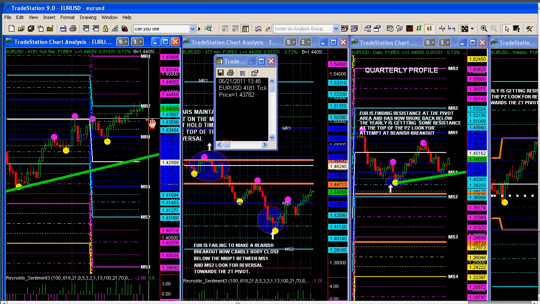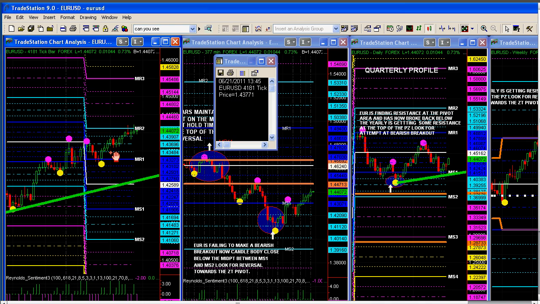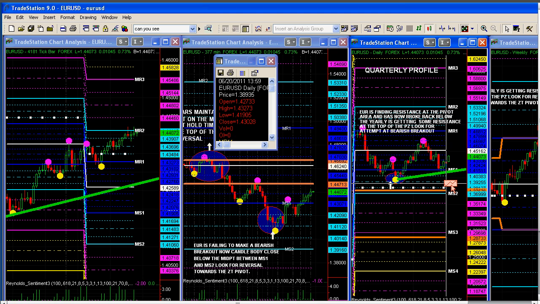The good thing here is on this new weekly profile, we have a candle body close above the midpoint right here between MS1 and MS2. This is a bullish breakout of the week. So we look to buy the first retracement, which tells us that on the longer-term profile, the high of the prior candle is probably going to hold support. So if you're looking for re-entries, look for buys around 1.43273. Let it find support there, turn back up, make a higher close, higher high of the prior candle on the